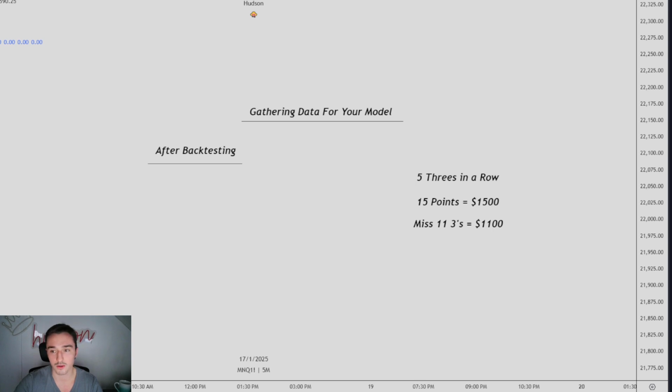I don't think you guys will be able to see the calculator because I only have this on my screen. But if we do 5 divided by 16, that is a 31% win rate. So your win rate is 31%. Win rate equals 31%. But you are up $400, right? So this is how you have to understand trading, okay? This is the analogy that I thought of and I wanted to share in this video.